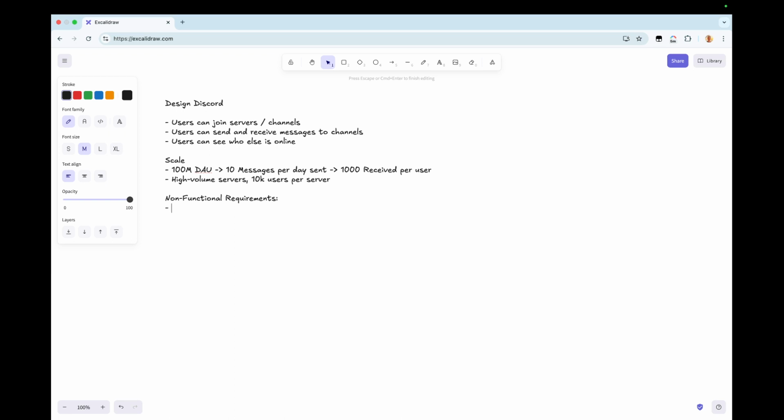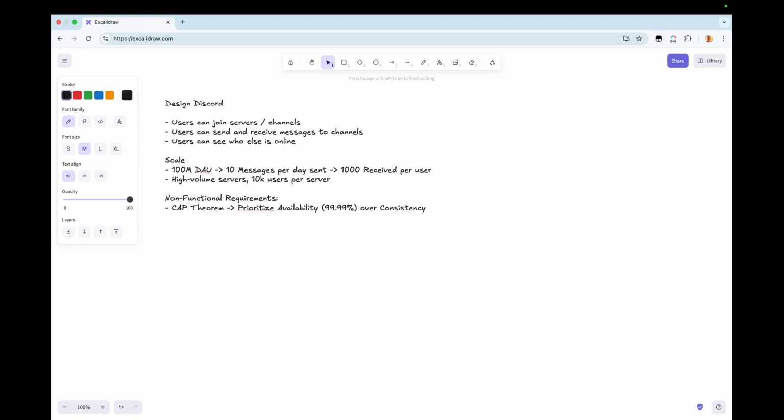So now the non-functional requirements. Our first one we want to think about in terms of CAP theorem. I like to start with this one because it's a good opener to discuss other non-functional requirements. Here, I think we want to prioritize availability, a 99.99% availability over consistency. Multiple users are going to be sending messages to each other.